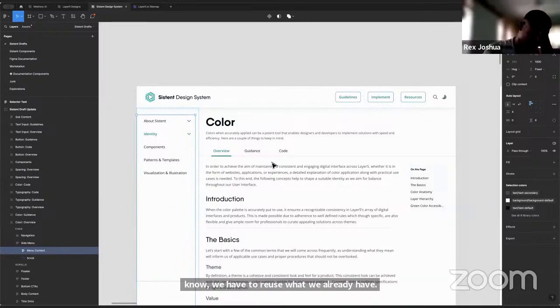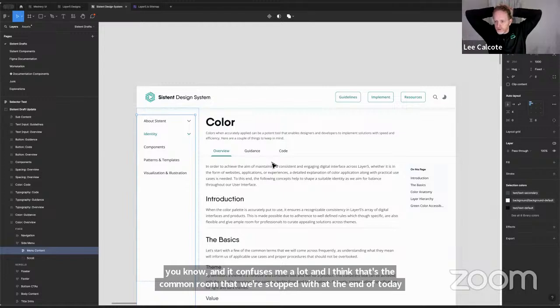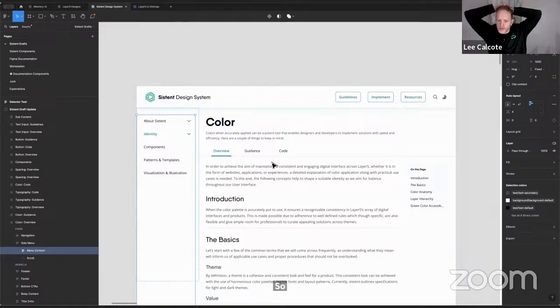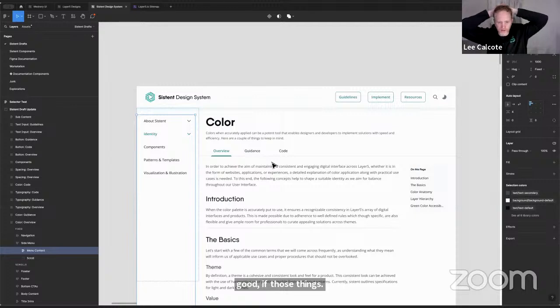Go ahead. Yeah, as you engage with folks, I think what you've articulated is just right. If there are things that we can reuse, good. If those things need to be elevated, or new components, new colors, or new typography need to be created, that's good as well.